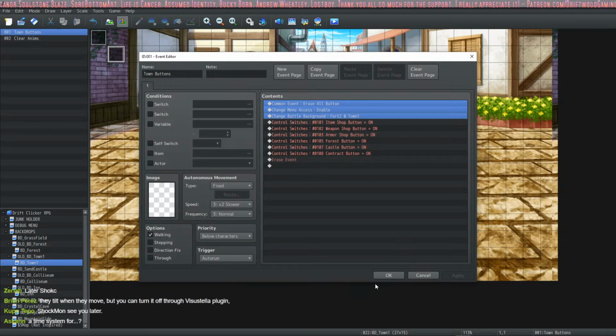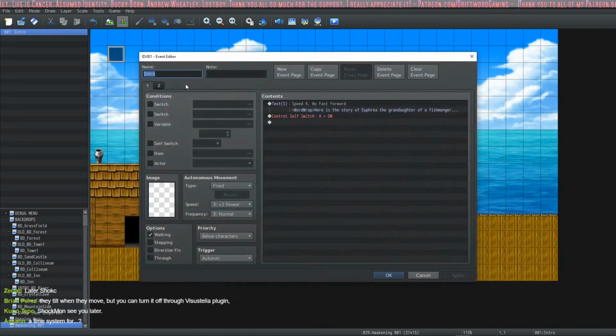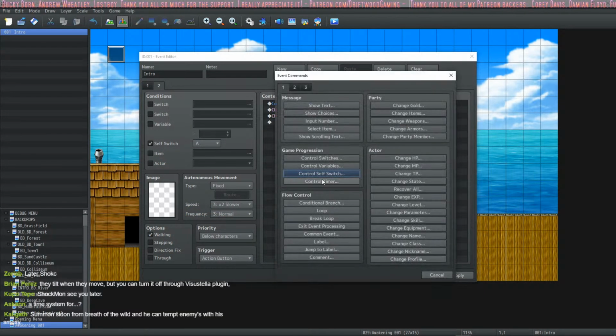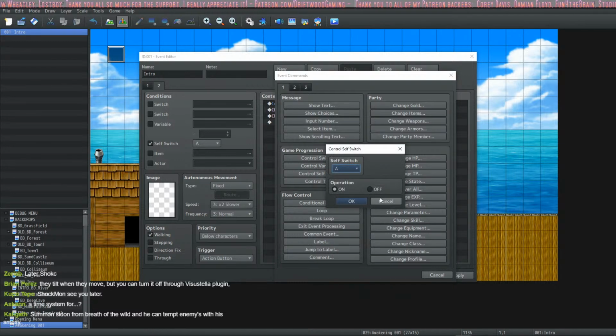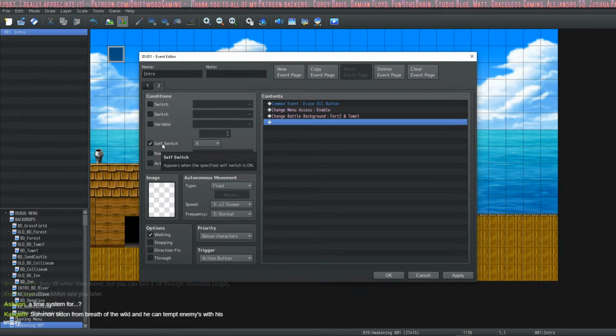This will be an auto run. Paste this in here. Self switch B. Yeah, it should be fine.